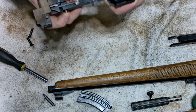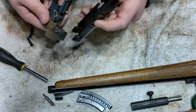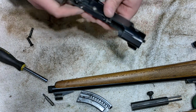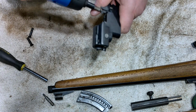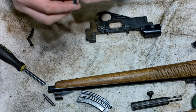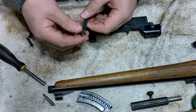There's a pressure pin here, at least that's what I'm going to call it, that presses into this notch here in the receiver, or the upper receiver. Keeps that all in place. The only real part to disassemble in this, if I want to show it, is your magazine retainer and whatever you want to call this, magazine latch, which has this